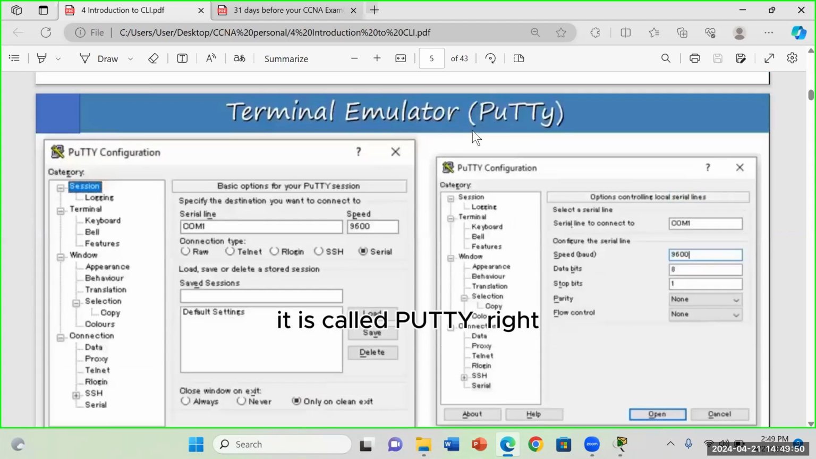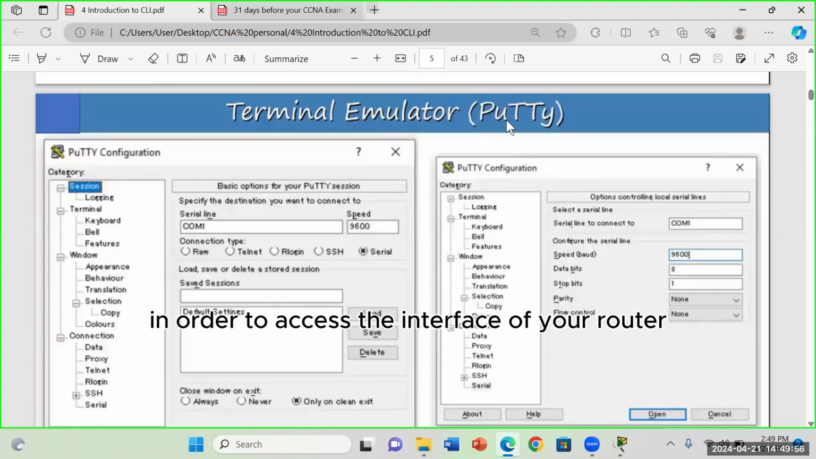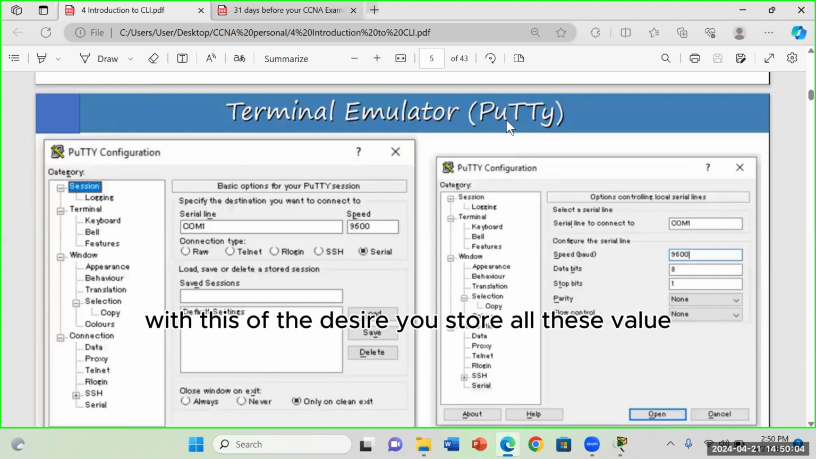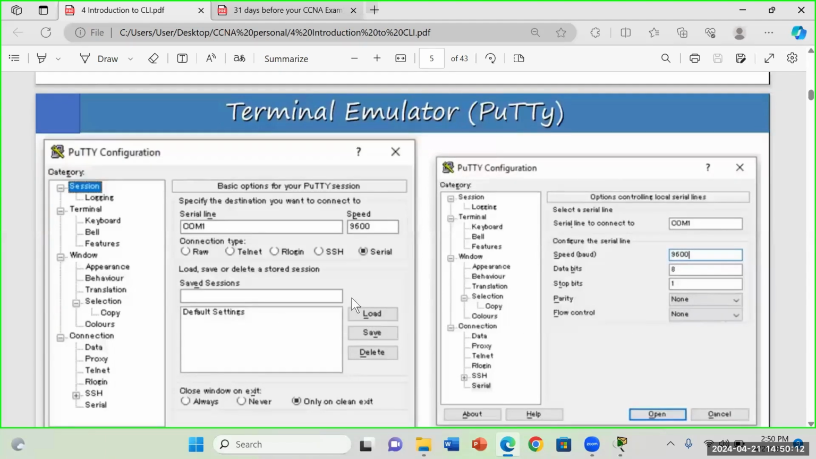It is called PuTTY, right? It's a terminal emulator, PuTTY. In order to access the interface of a router for configuration, you need an emulator, a software you actually install on your laptop. With this software, this is how you enter the interface of your router. It's very easy. Once you install PuTTY, let me say,